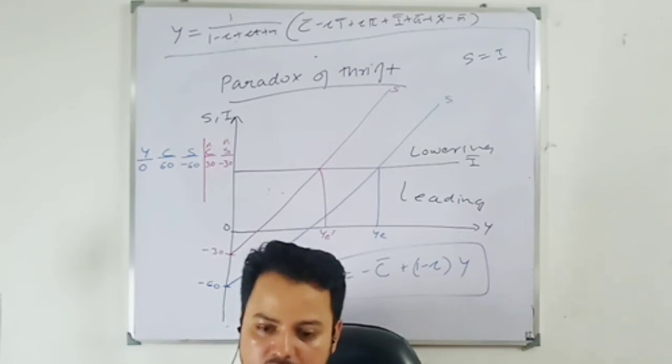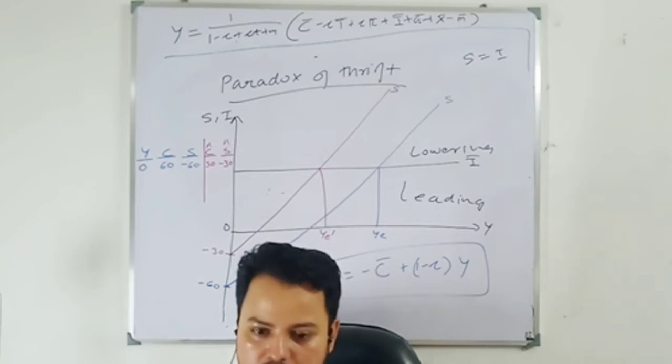Comparative static analysis we have done. The multiplier analysis with and without government I have done, and in the open economy I have done also, okay? Investment multiplier, government expenditure multiplier, budget multiplier, limitation of the multiplier, and paradox of thrift, okay? So we have covered that aspect, and the Keynesian, there is only Walras' law, NEP. Where is Keynesian? This is Walras' law. This I will just give the definition, okay?